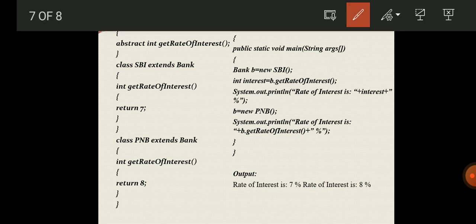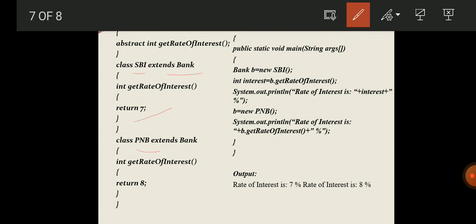Now we have created another class, SBI, which extends Bank. SBI is a subclass, and for int getRateOfInterest we are returning the value 7. So the rate of interest for SBI bank is 7.